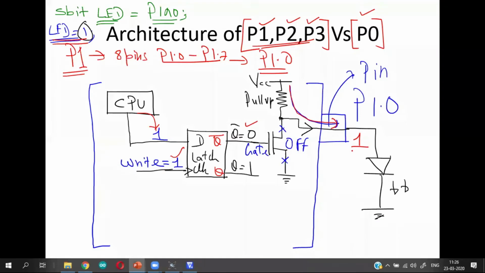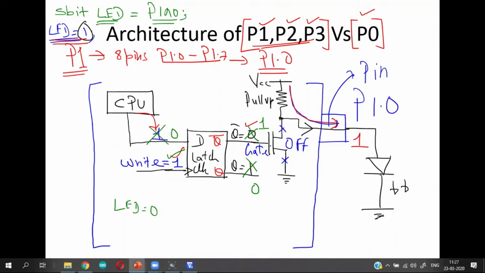Now let us take a second scenario where I issue this statement, LED is equal to 0. Now again this is a write operation, so there is no change here. Clock input is again a 1. But in this case, since you are writing 0, the processor supplies a 0 to the D input, and Q output becomes 0, Q bar output becomes 1.